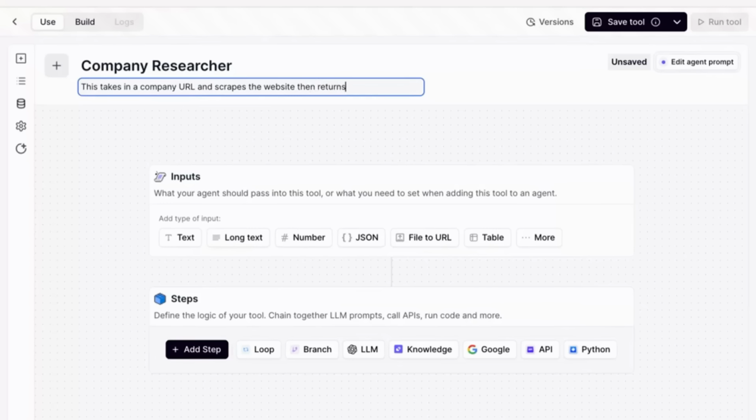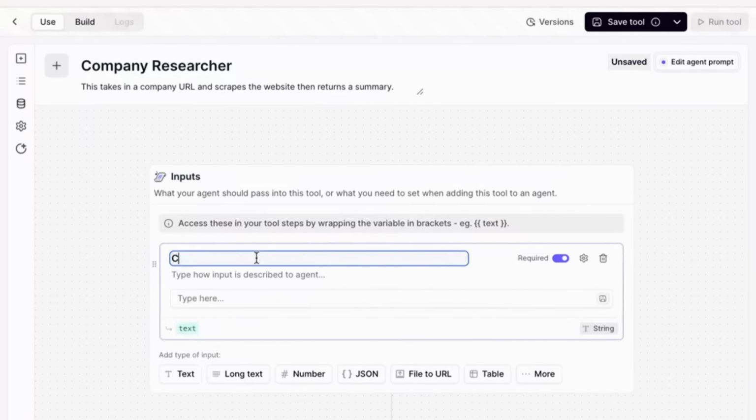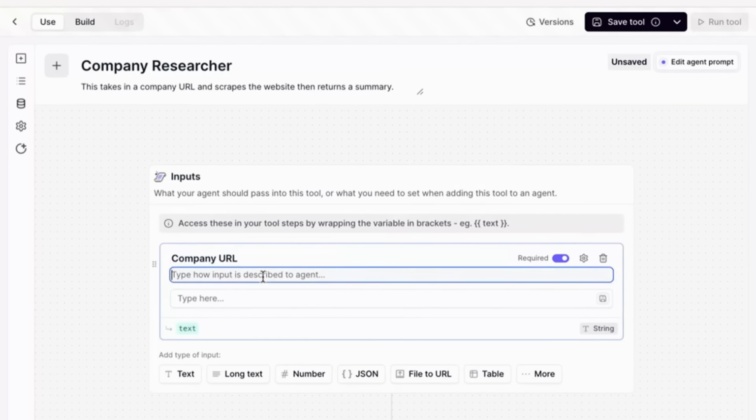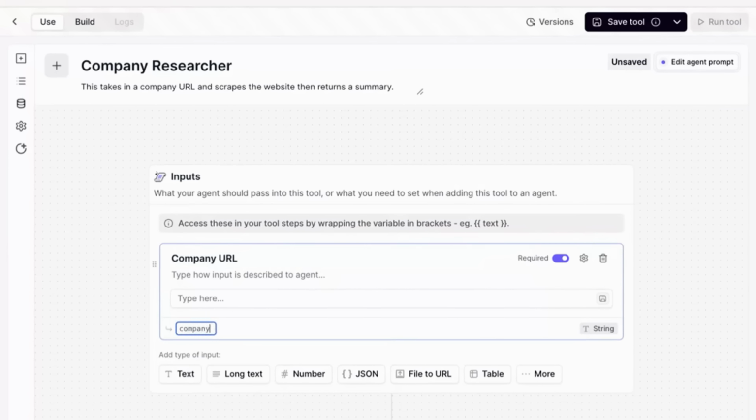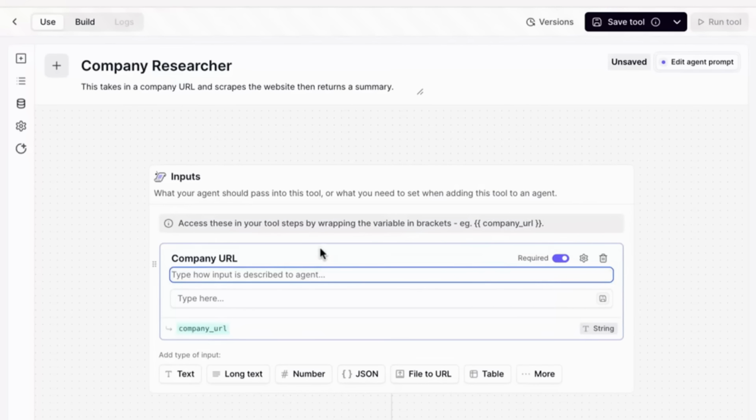The tool needs a text-based input, which will be the company URL. I'll name the variable company_URL and add a description for the agent to explain how to fill this input. The description is, this is a URL for a company to be researched, must be in the format https://